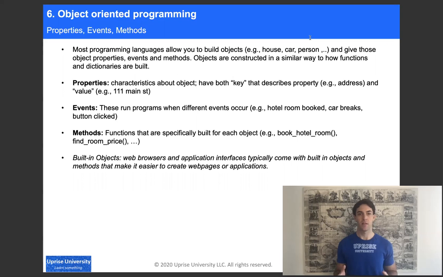Events are different types of things that can happen once you have your object. So when a button is clicked or a room is booked, it can trigger different types of events specifically for that object. And then methods are functions, similar to what we talked about last time, that are used specifically